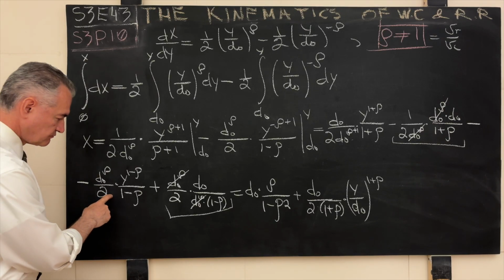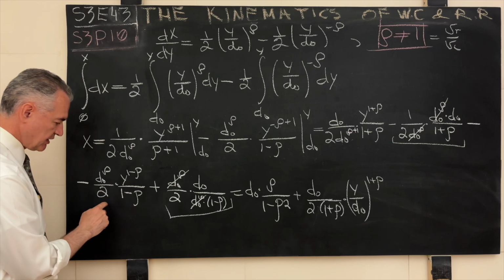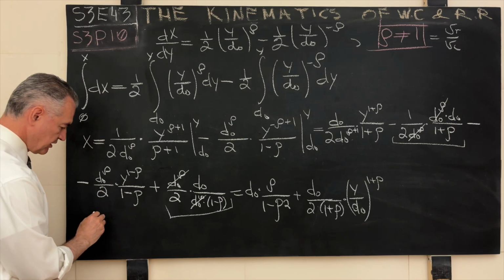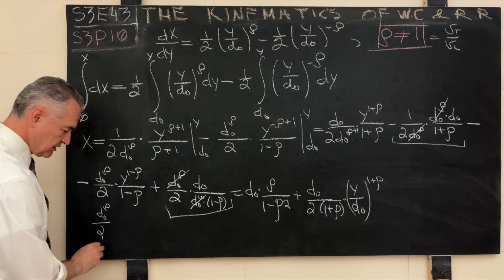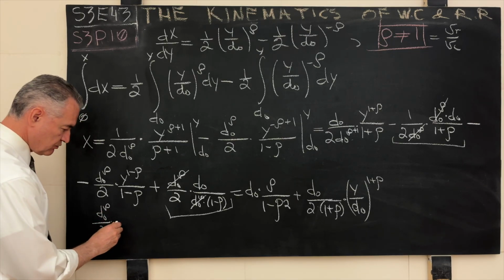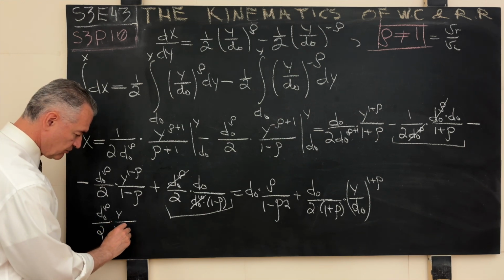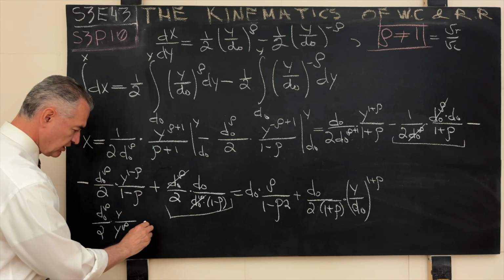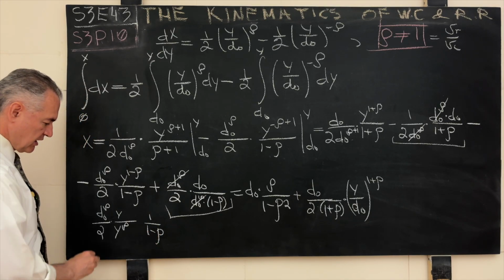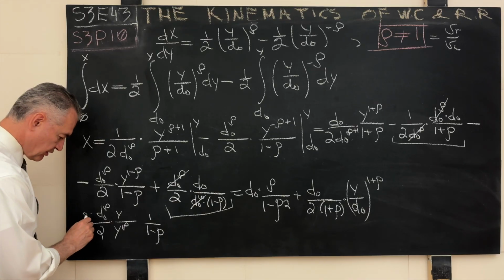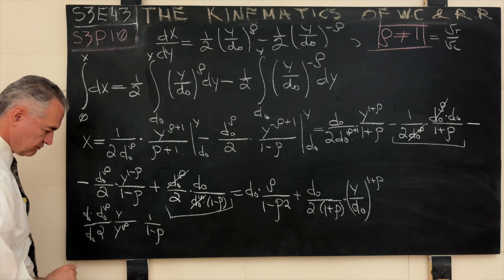Now here, again, if you want me to spell it out, let's spell it out like this. This expression will have the following shape: d0 raised to the power of rho divided by 2. Now look at this, one copy of y over here, one copy of y over here, y raised to the power of rho, and of course divided by 1 minus rho. So far so good. Now multiply this by d0 and multiply this by d0 here.